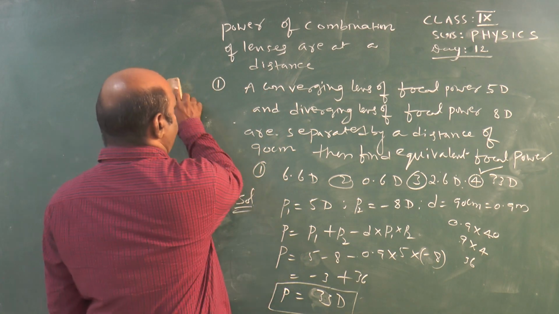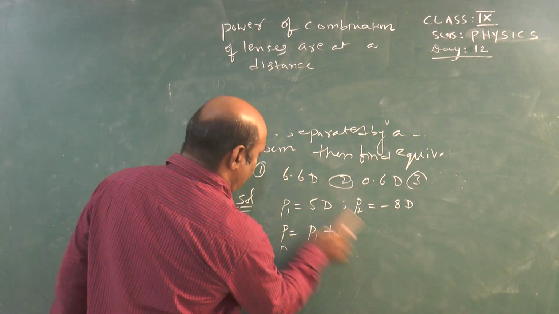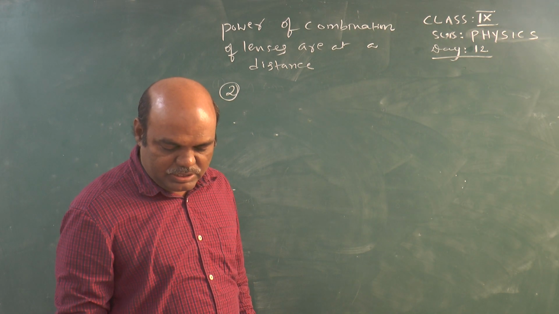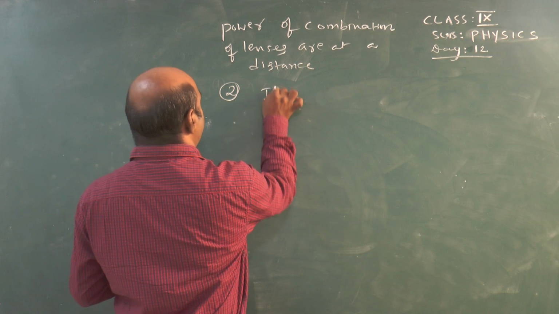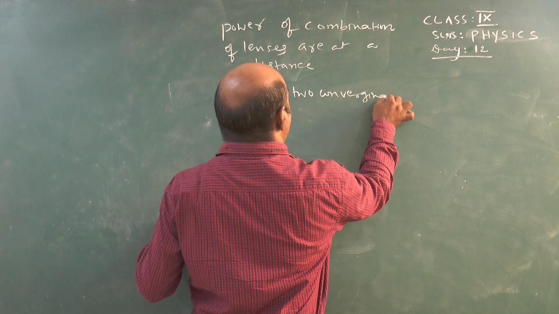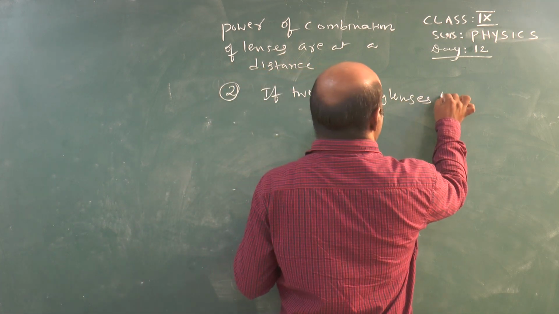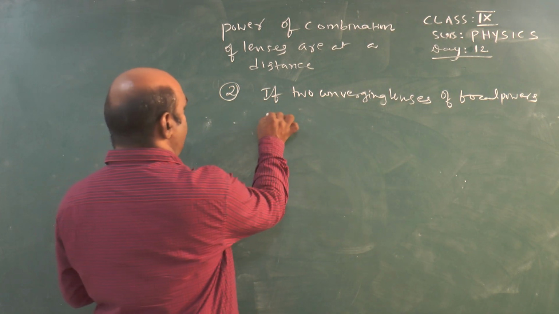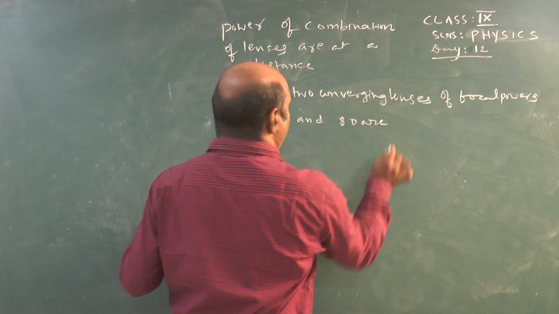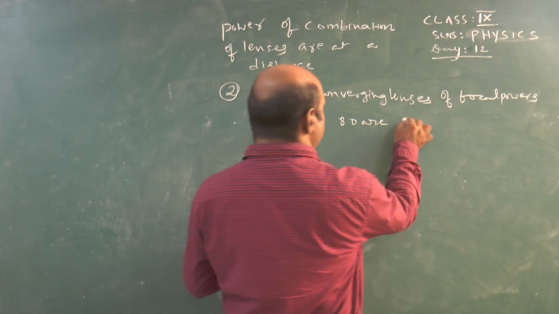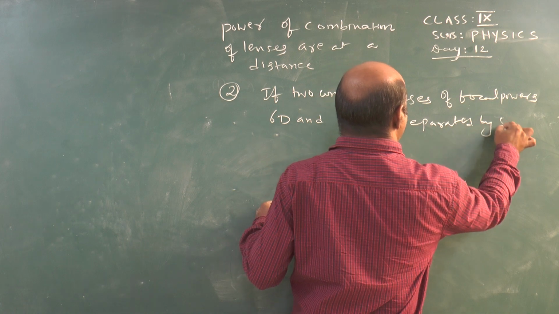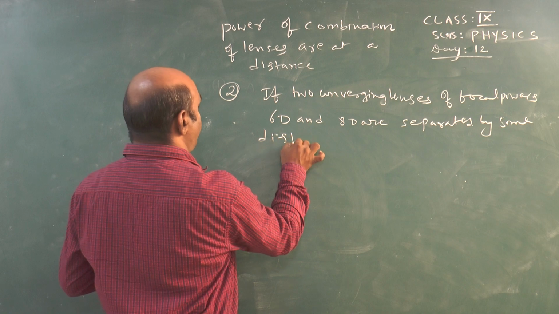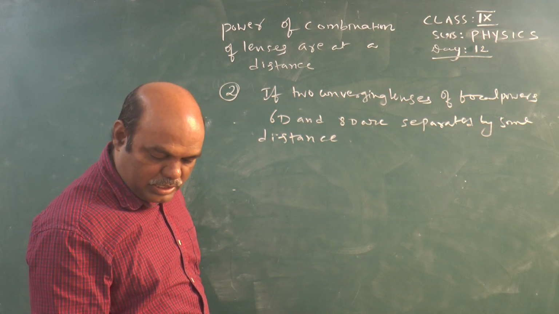Okay. Next, second problem. If two converging lenses of focal powers 6 diopters and 8 diopters are separated by some distance, the equivalent focal power is 10 diopters. If the distance is doubled, then the resultant focal power is